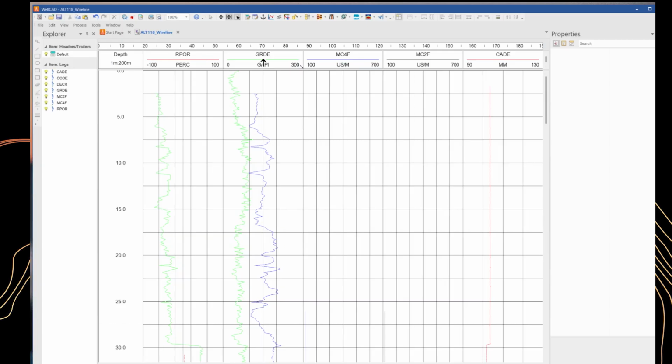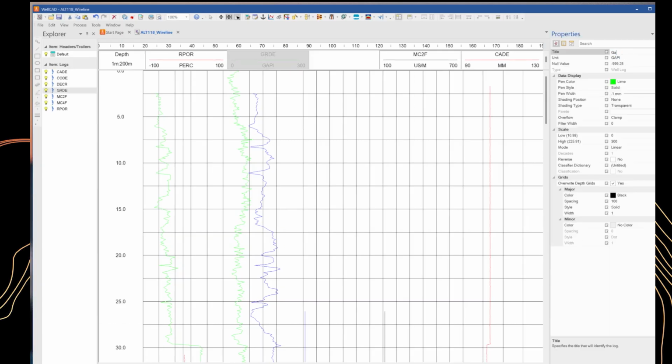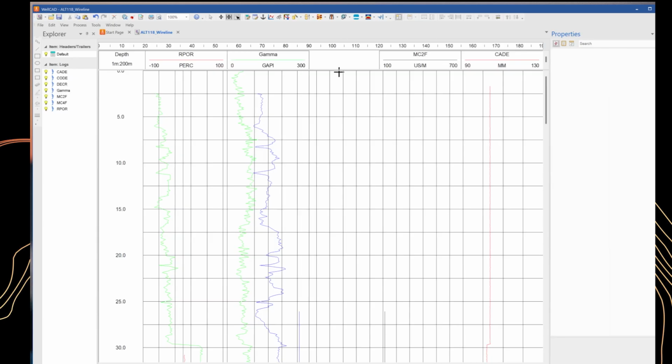We rename the GRDE to Gamma, and we import the lithological log again.